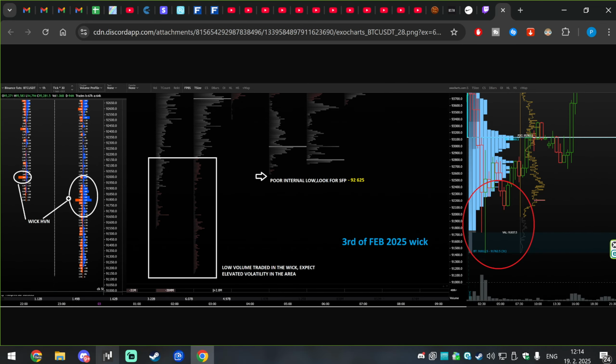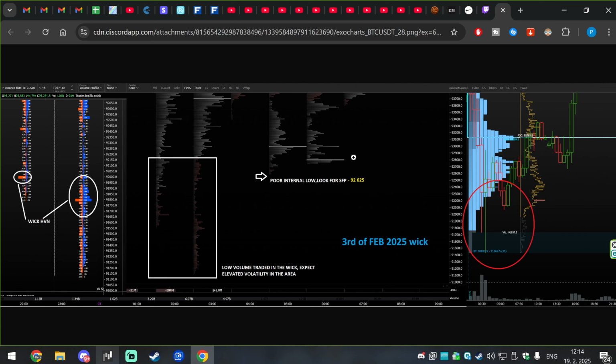Let's go here. So below 92,500, you have the poor low here, very poor low. So market might in the future fix the 92,625, so make alert. And in the week, you see sometimes you get support in the week, sometimes not. In these areas you have low volume nodes here, as in this week, but you've got some high volume node over here.